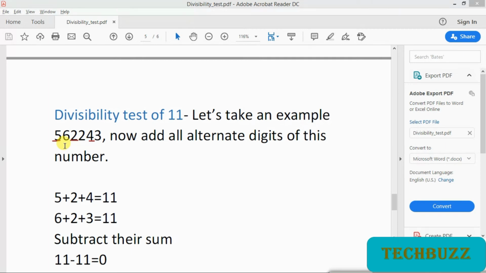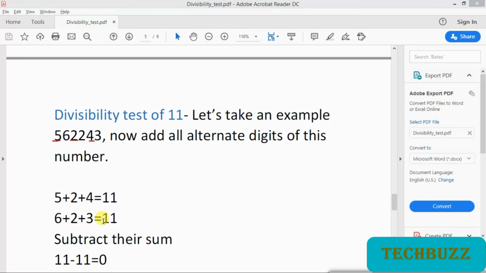So we will add the alternate digits. In the first step, we added these digits: 5, then 2, then 4. After that, in step number 2, we will take those digits that were left in step number 1. So we will add 6, then 2, then 3.